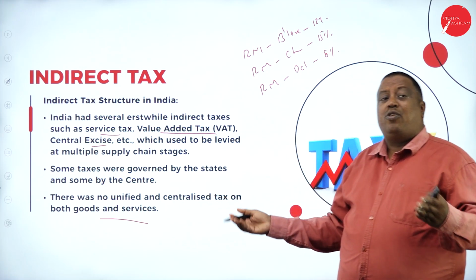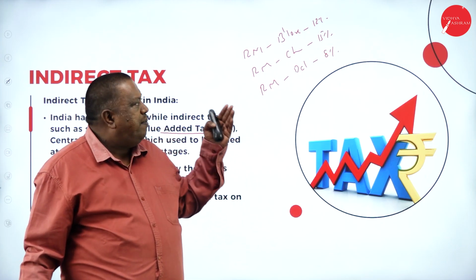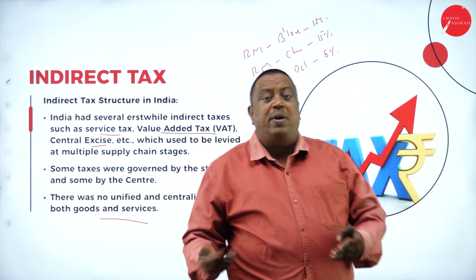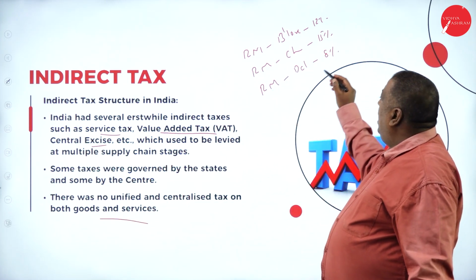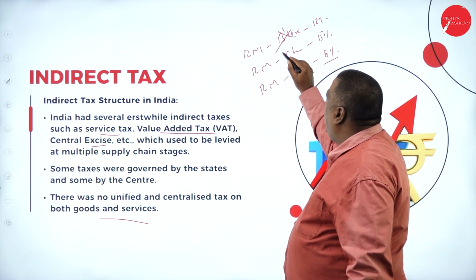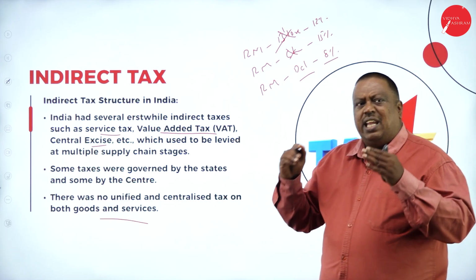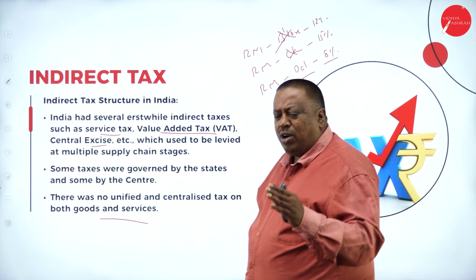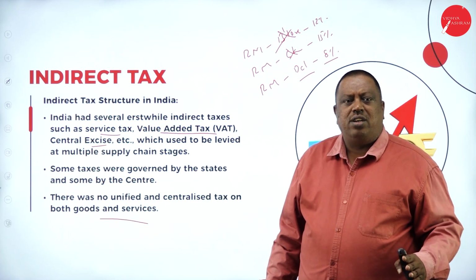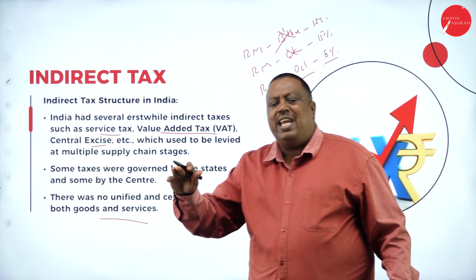So for the same type of raw material, which we purchase to convert into finished goods, why was I paying different rates of taxes? When I'm paying 8% in Delhi, obviously I'll purchase only in Delhi and ignore Bangalore and Chennai. Instead, the nation thought that everywhere, from Jammu Kashmir till Kanyakumari, wherever the raw materials are available, it should be the same rate of taxes and there should not be any differentiation.